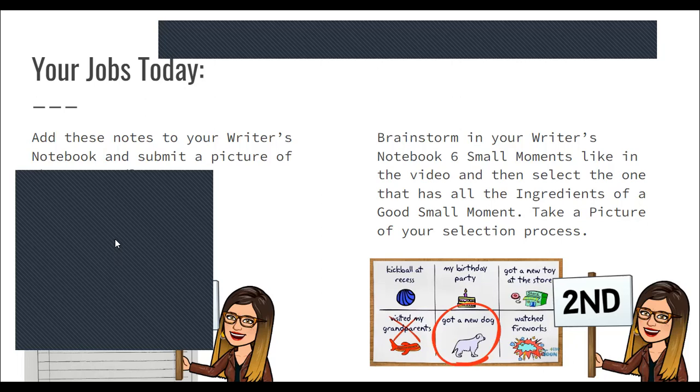So what we have to do after we write the ingredients for a good small moment is we have to write 6 other small moments and then read all the stories about each one, and then you have to pick one and then draw an example of which one is. You're very close. You're gonna not write a story about all 6. You're just gonna write a title that tells me what each of them are and a little picture, just like in the picture on the screen. And then you're gonna pick which one you want to write as a personal narrative.